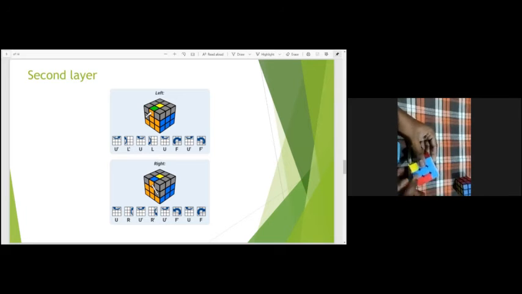I'm connecting it with blue to form the T formation, and we have to move towards the right edge piece. So I'm moving to the left and bringing down, then back to its original position, then lifting it up. To solve the white, again I'm doing it. Yeah, we have fixed three edge pieces and one is remaining. Likewise, the same, I'm going to put this one over here.